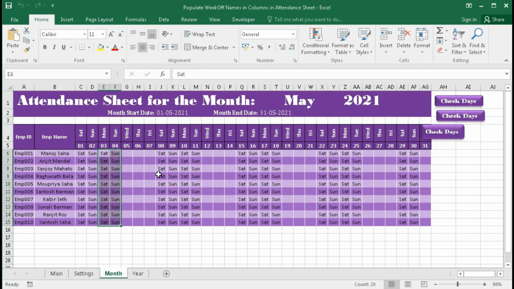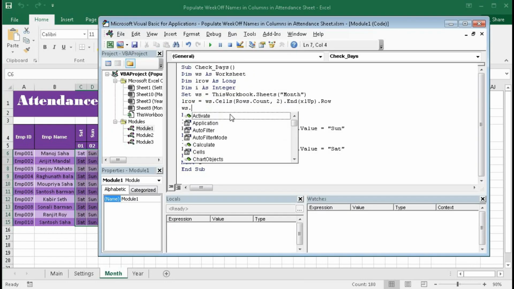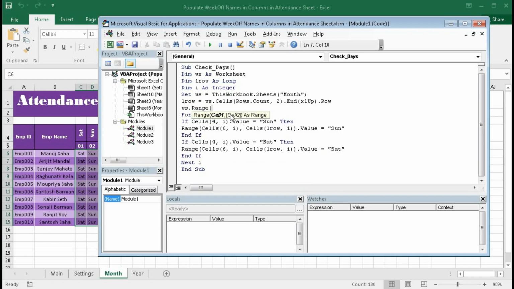So to remove this, first we will delete this one, then we have to populate. To do that, we have to give an extra line here: ws.Range(Cells(6, i), Cells(L row, 33)). The row index will be 6, comma, column index will be I, bracket close, comma, again Cells, bracket open, last row will be L row, comma, we know the last column index is 33.